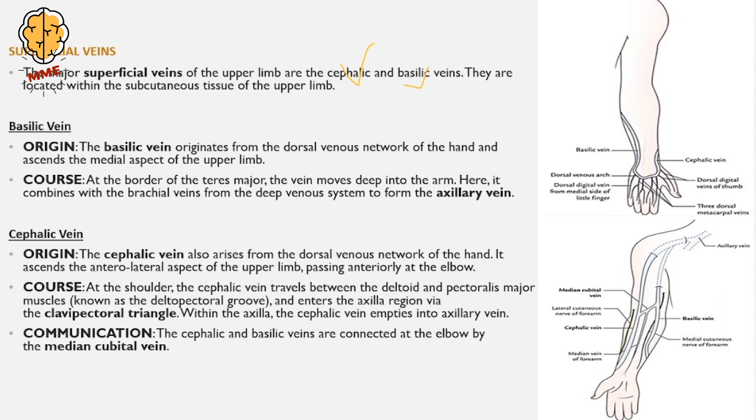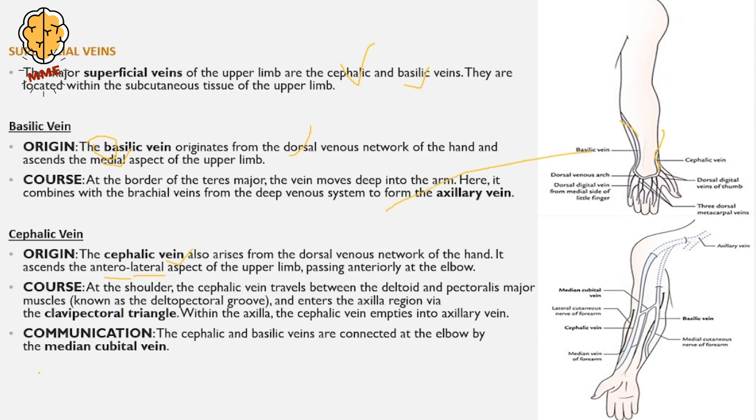So you might also term this as basilic. So basilic vein originates from the dorsal venous arch. Shall we compare and study? Yes, it would be a better option. So cephalic vein also arises from the dorsal venous arch of the hand. If basilic vein is on the medial aspect, then cephalic vein should be on the lateral aspect, and here it is on the lateral aspect but anterolaterally. So look at this. This is the dorsal venous arch and this is going anterolaterally. Okay, and this is on the medial side of the hand.